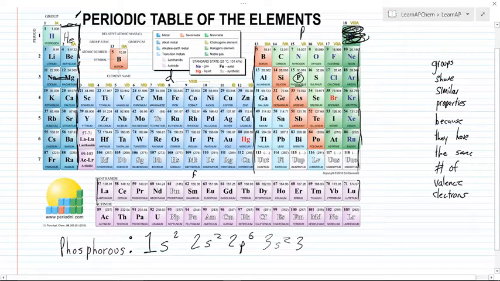And then we can see that once we jump across these 3 S's, we're not going to get all the way out. We're stopping at phosphorus. So I simply want to include my energy level, 3, my orbital shape, P, and then 1, 2, 3, 3. And that's how we would do that. So if you guys have any other questions or things you want me to go over, be sure to ask.